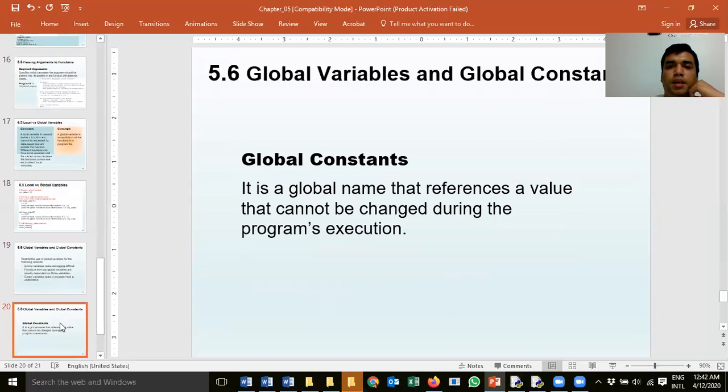The last one is about the global constant. When I say the global variable is constant for all of the functions, we can call it a global constant. So the global constant is a global name that references a value that cannot be changed during the program execution. So I'm calling this one, and maybe I'm the head of the bank programming software